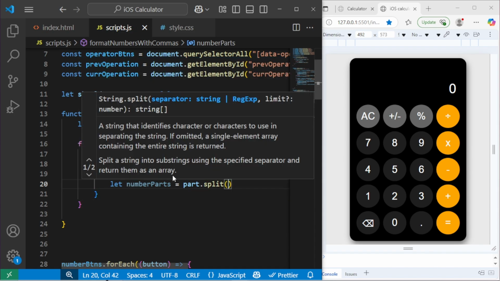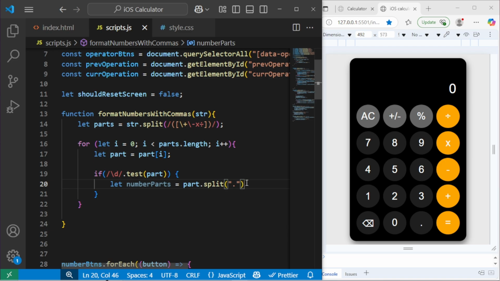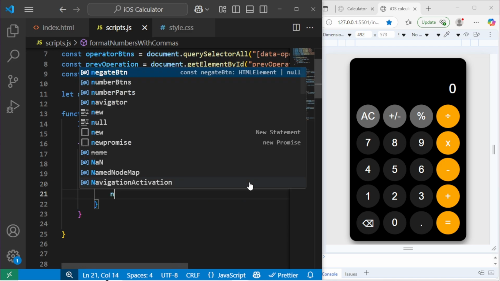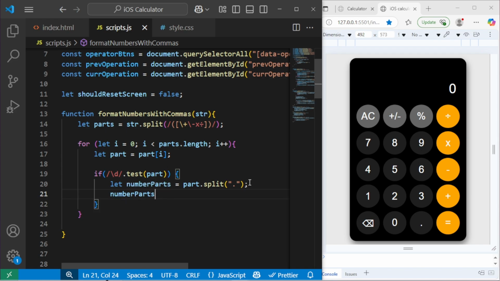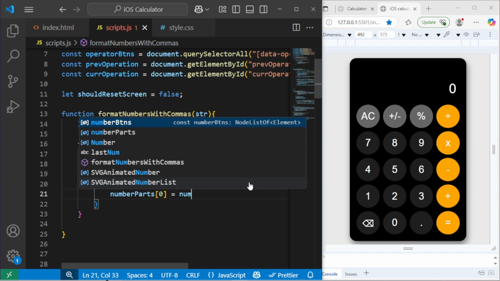I want to split whatever we have as our number at the decimal point, so that we have the whole number before the decimal point and the decimal number after the point. Okay, so now this splits our number into different parts and returns it as an array. So I'm going to come under and say number parts 0, that is the first item in our array, equals, and the first part is going to be the whole number part, okay, equals number parts